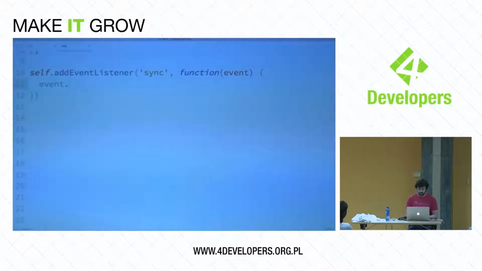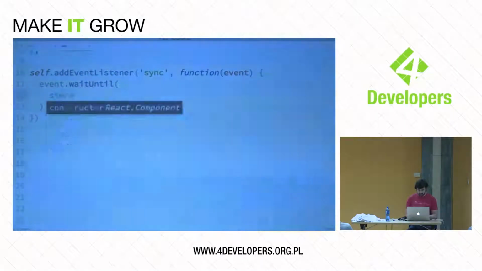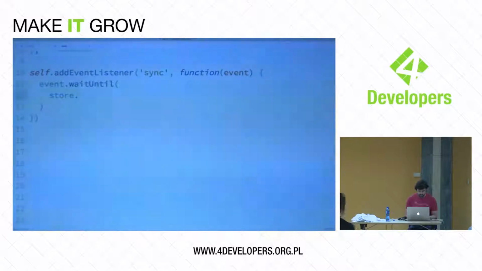And we've got a bit to do when we get this event. First of all, we have to tell the service worker to wait, because the service worker is in that position where it could be killed at any time. It's running in the background, but if we want it to do something, we have to tell it to wait. This is something we really want to happen. So once we've done that, waitUntil takes a promise and is only over once that promise resolves or rejects. So I'm going to use this point to open our outbox again, this time in read-only mode. And get the messages out of it.